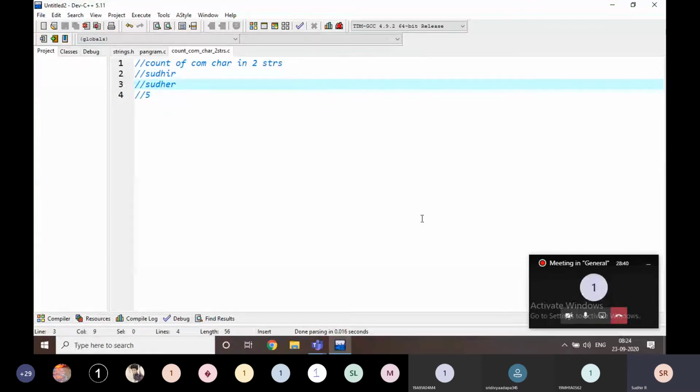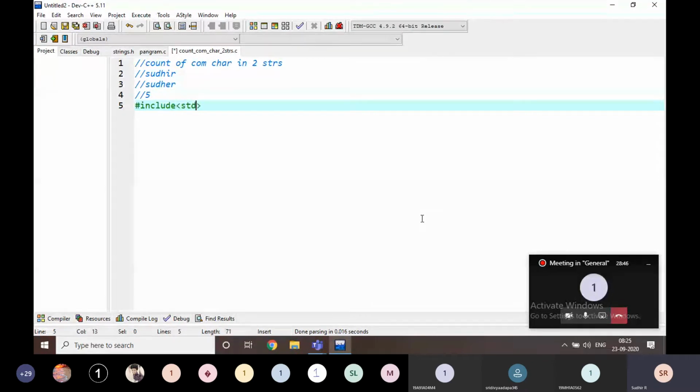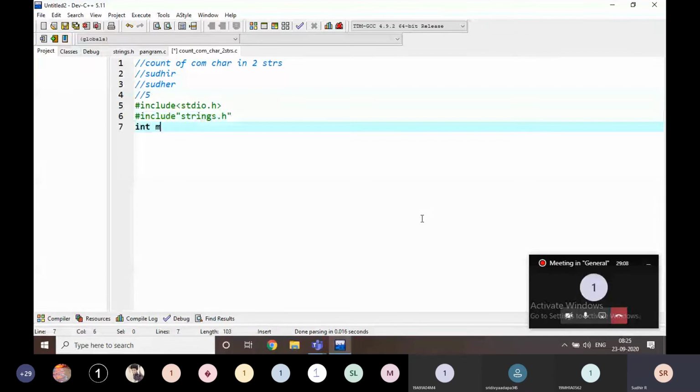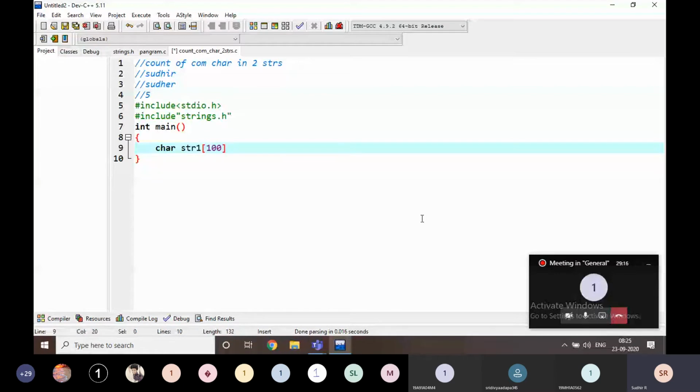How am I going to write this? I should include my own defined header file. In main, we have to read two strings: str1 of 100 and str2 of 100.